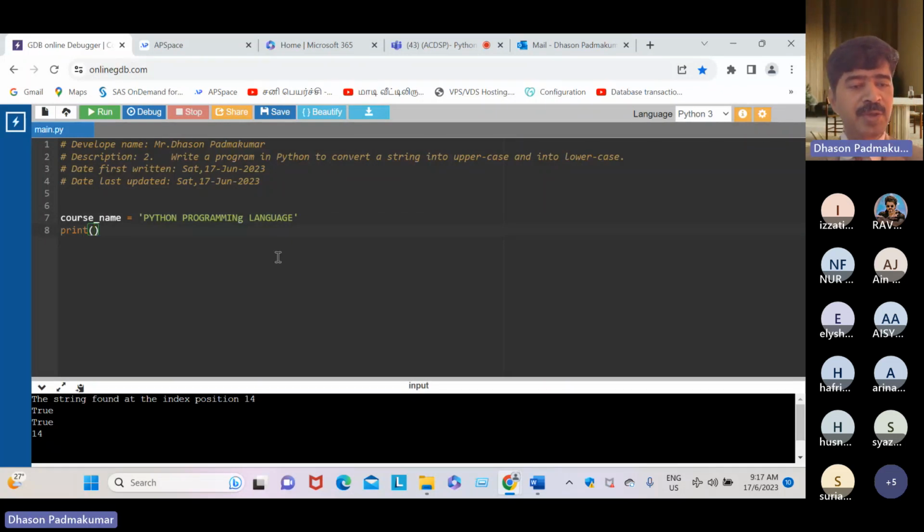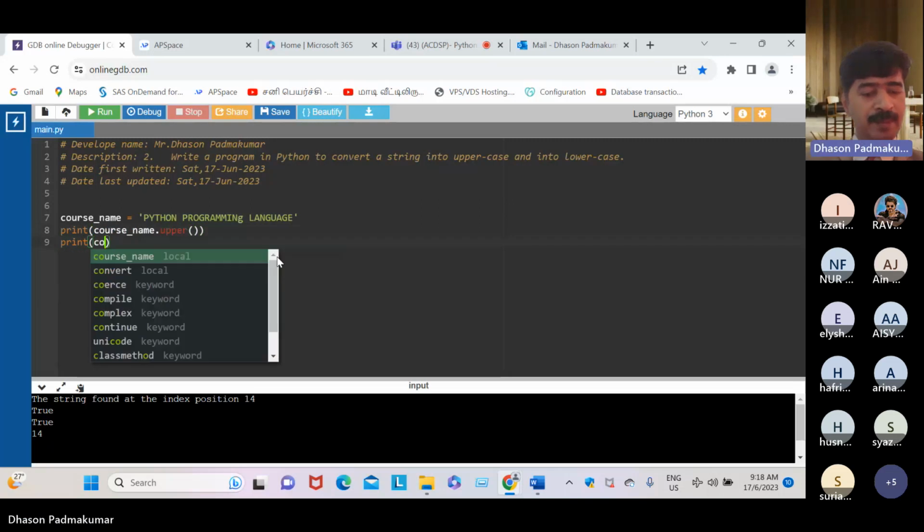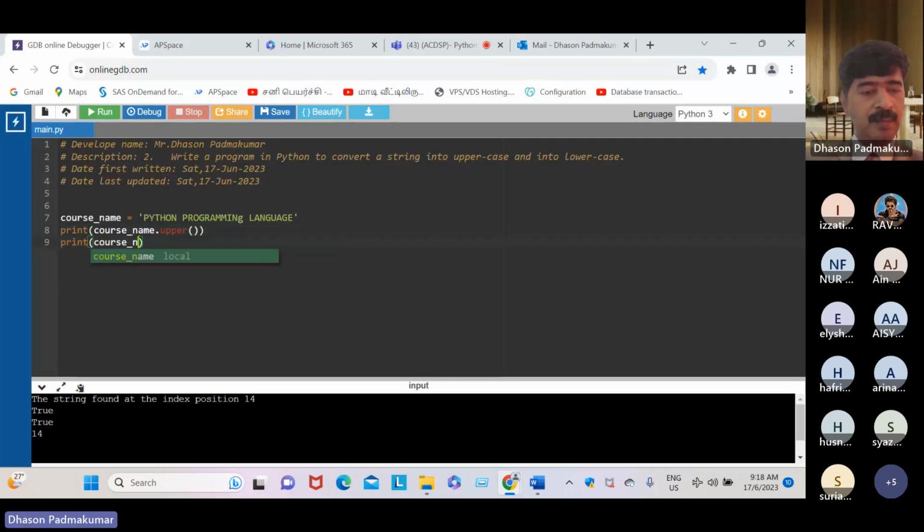And now next is print the course name. Course name dot upper. And next is print course name dot lower. It's a function.